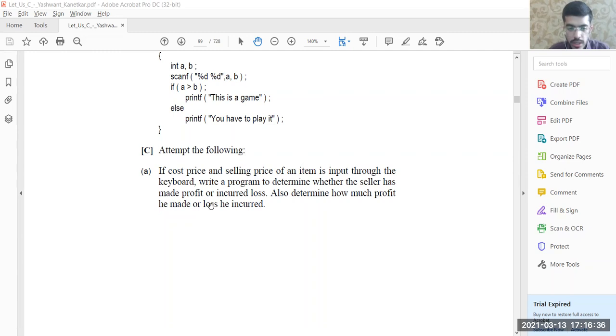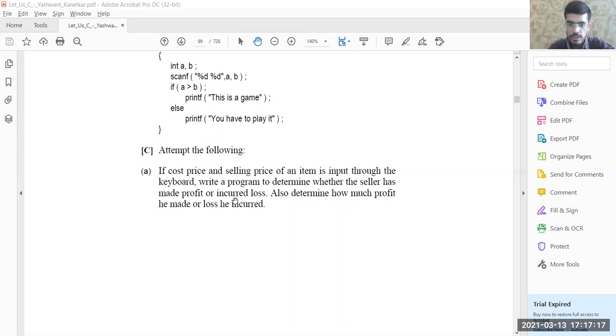Let's assume one thing. Don't go to this program, just think a while and take a second: when do we make a profit when we sell or trade anything? When our selling price is higher and our cost price is less, that's a condition in which we make a profit. If our cost price is greater than our selling price, then definitely we have made a loss. The same scenario applies to this question: if the selling price is higher than the cost price, then we'll make the profit.